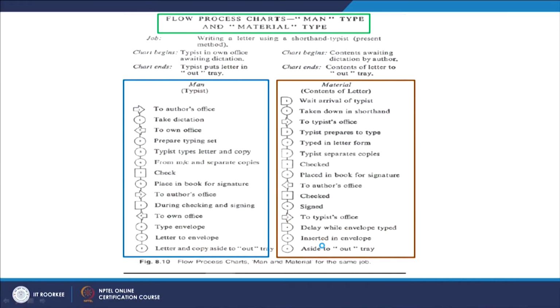Now these two charts are placed simultaneously. This is the man type and this is the material type. You can go through these once again and you will be able to differentiate the active and passive things that we have discussed today.